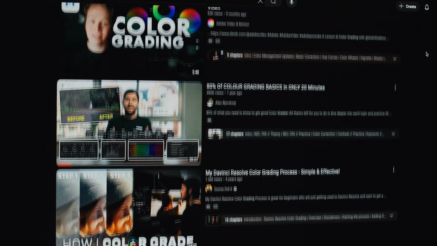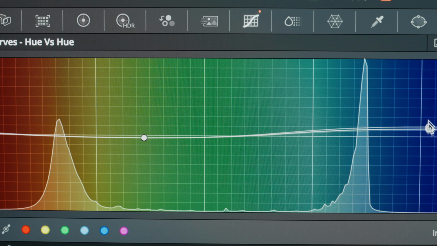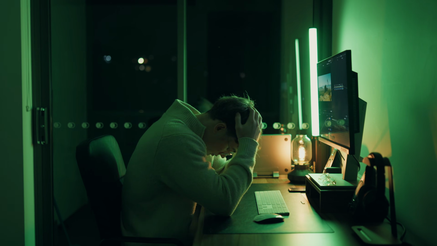Have you spent hours going through color grading tutorials, watched videos that seem too complicated, or simply just given up because color grading is too difficult, right? Well, if that sounds like you, you're in the right place. I spent years of my videos looking mediocre until I discovered a simple and effective method that even a complete